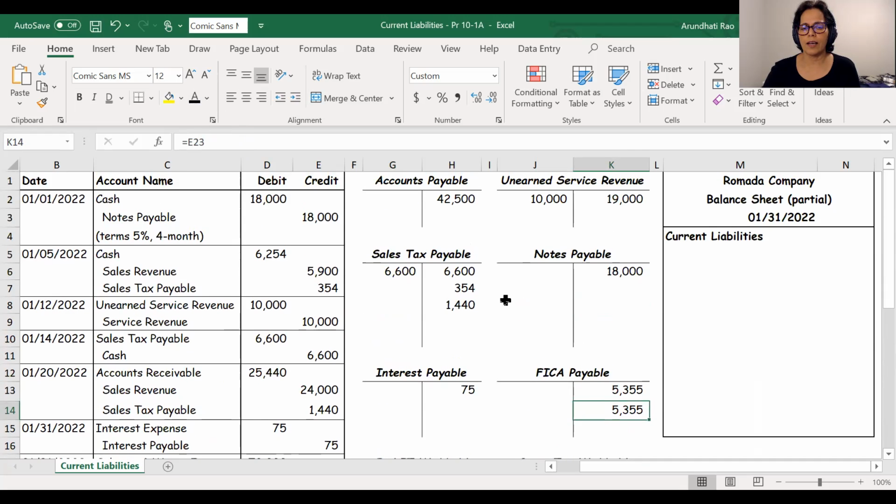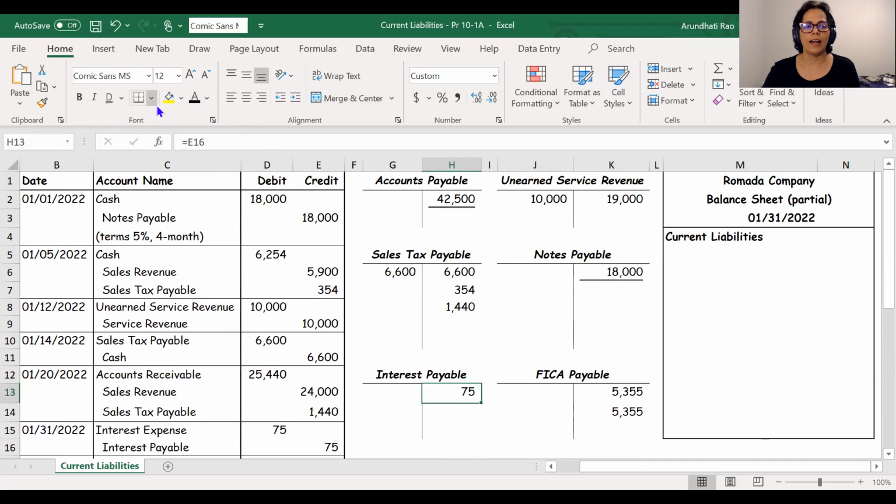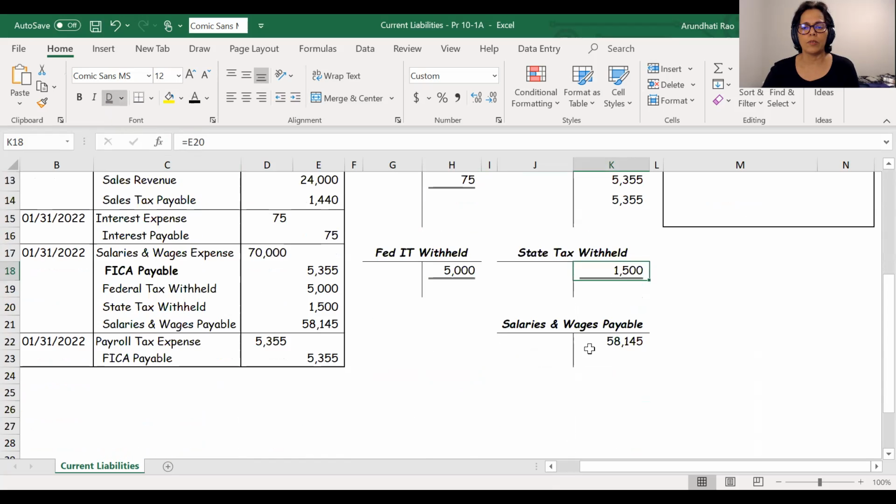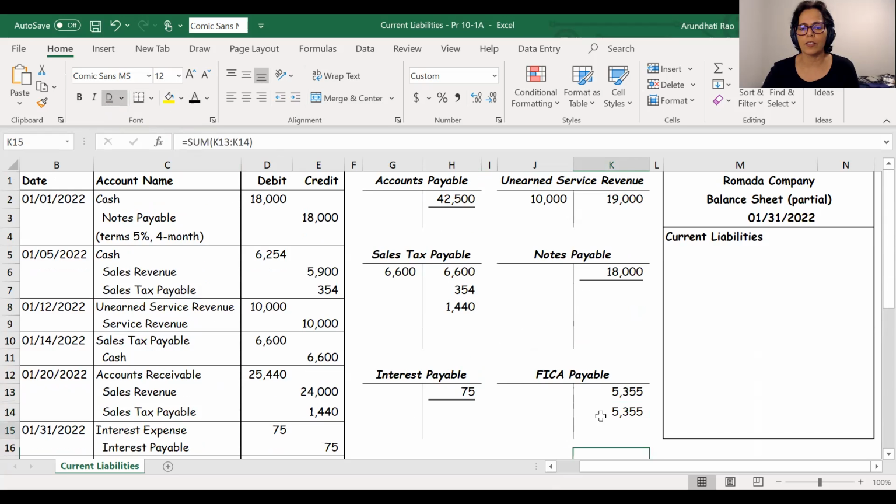Now, once all of this is done, I can just go ahead and calculate the balances. They also specified that there were no changes in the accounts payable account, so that stayed as is. Anything with a single entry in it, I'm just going to single post. I'm going to draw a double underline to indicate that's the balance, which is usually the case for most of these accounts. And then the ones that have a debit and a credit or multiple debits or credits, I will do the needful for